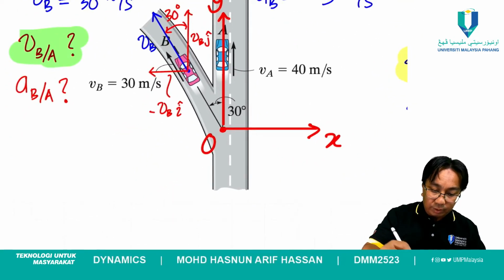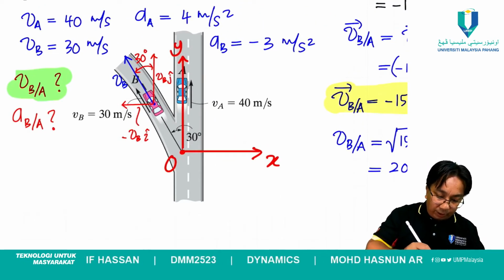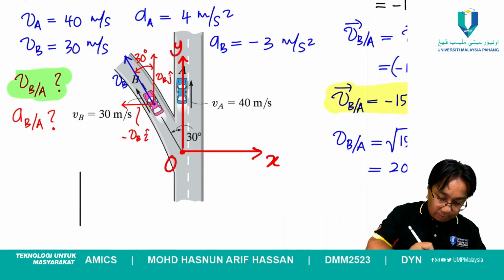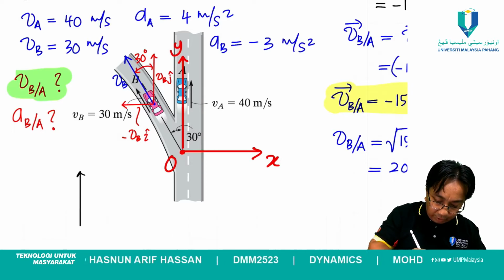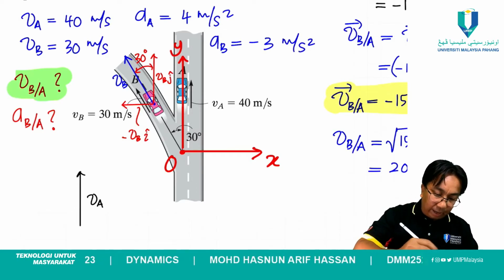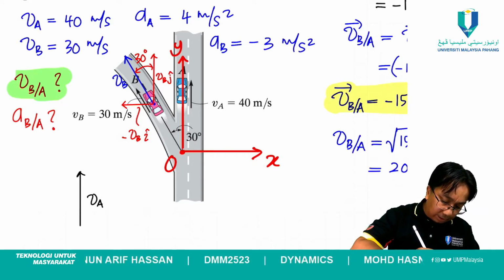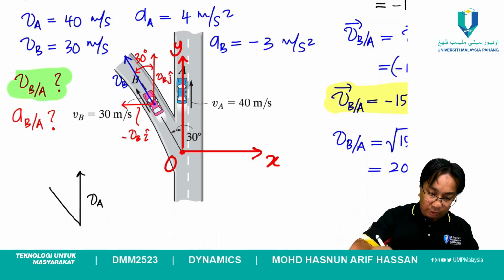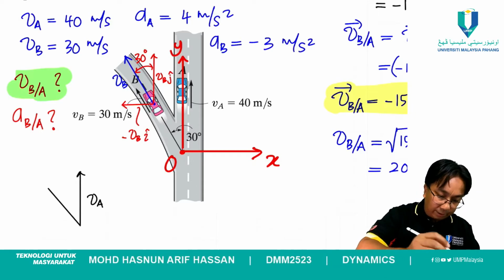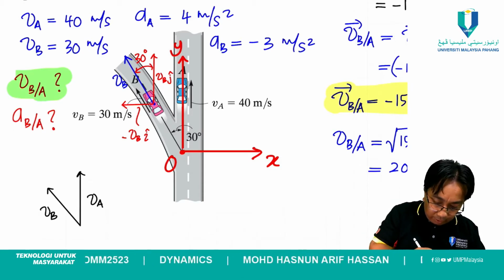redraw the vector. Okay, so you have VA 40 pointing up. Okay, so VA is 40 up, this will be VA, and then VB slightly at an angle of 30 degrees, but smaller than VA, that is 30 degrees, 30 meter per second. So VB maybe something like that. Okay, this is VB,